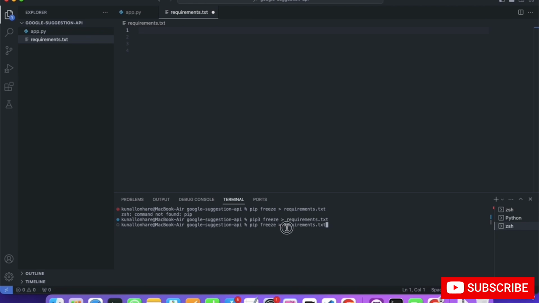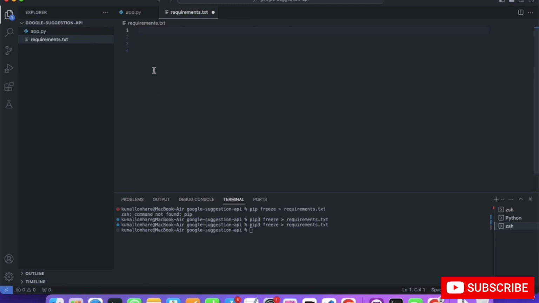Make sure that everything is correct, then click enter. In my case I will use pip3, but you have to use pip3 freeze as well. Then you will see a lot of different packages open up here.